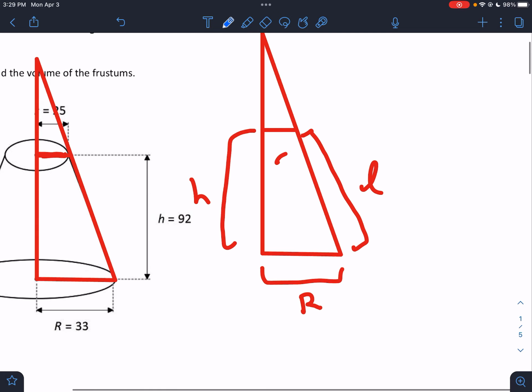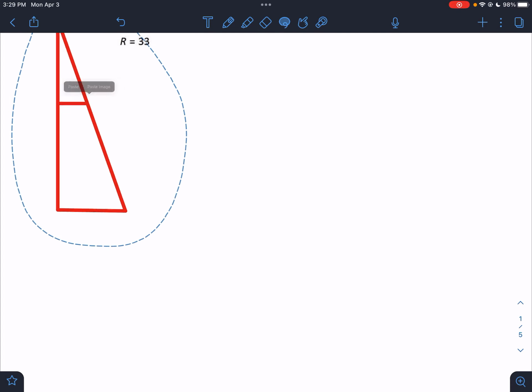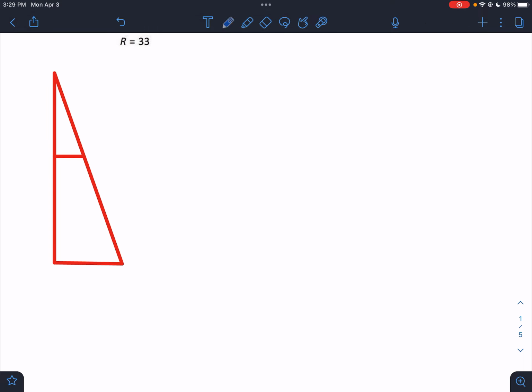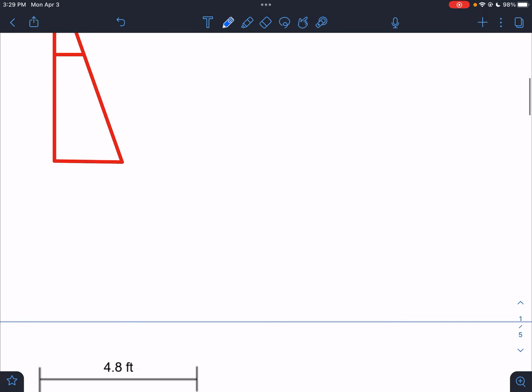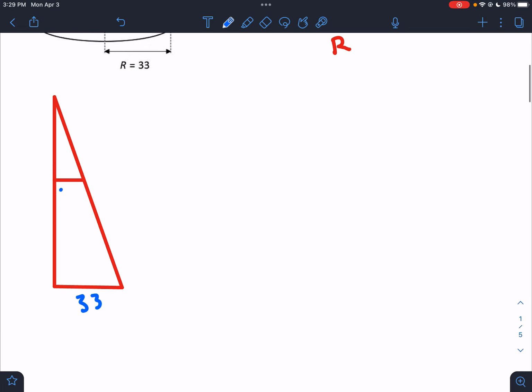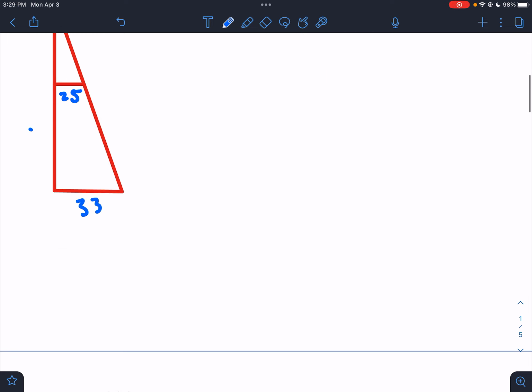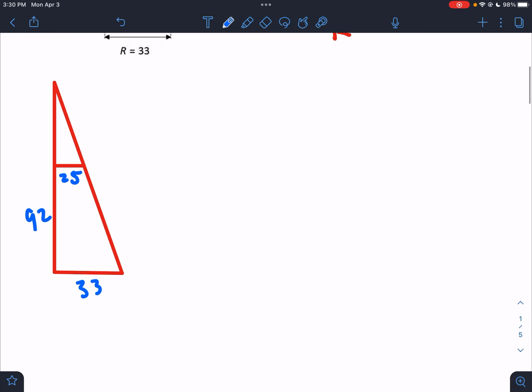All right, so we're going to work on just this triangle. It represents all the pieces. Big R is 33. Little r is 25. And the height over here, this 92, that's this vertical height. And we're going to get that in the correct spot right there. That's my 92. What we need is the height of the small cone,